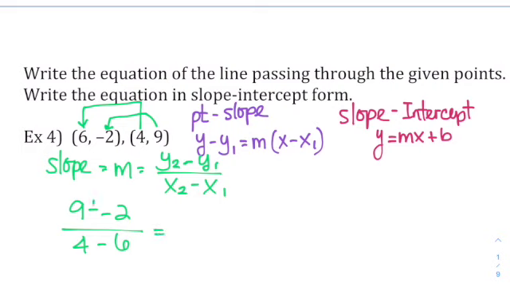And that's going to be negative, negative becomes positive. It's going to be 11 over negative 2. That's your slope. Then what you're going to do is put it in point-slope form, using any point. I like to stay with positive so I don't have to worry about it. I'm going to use the second point. So to write it in point-slope form, you have